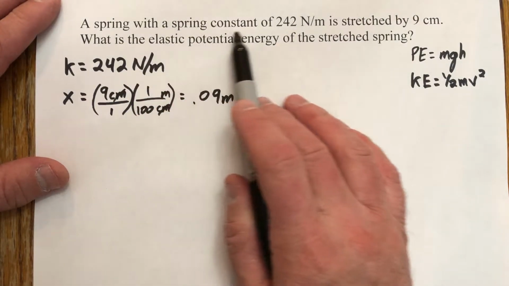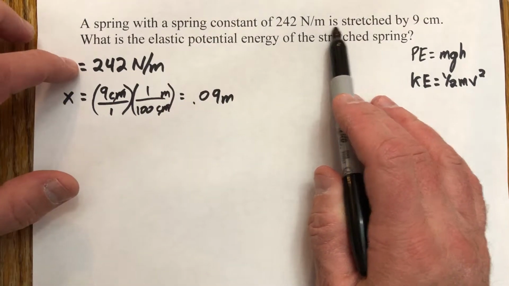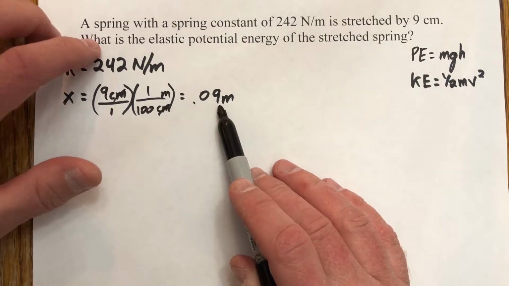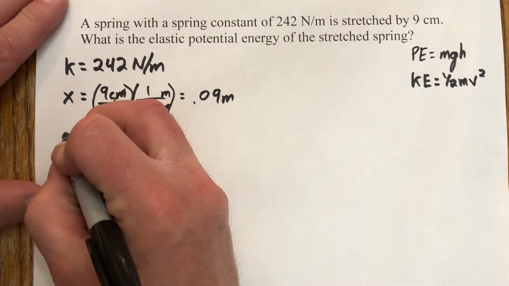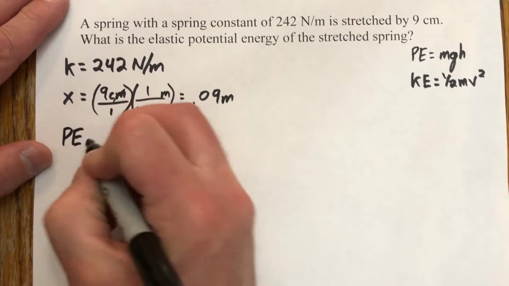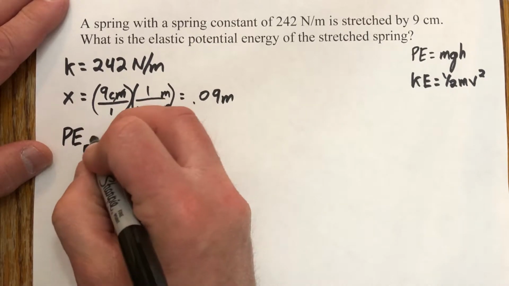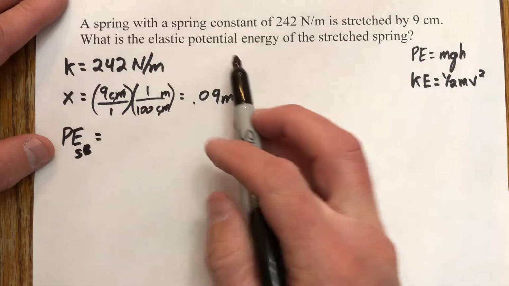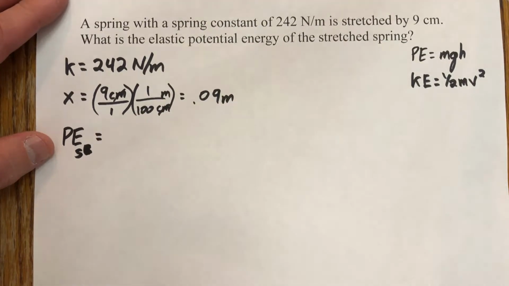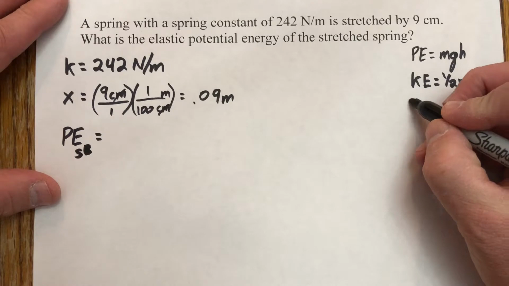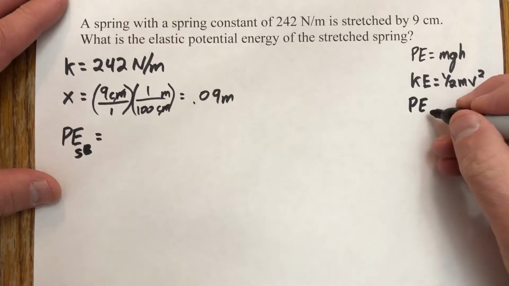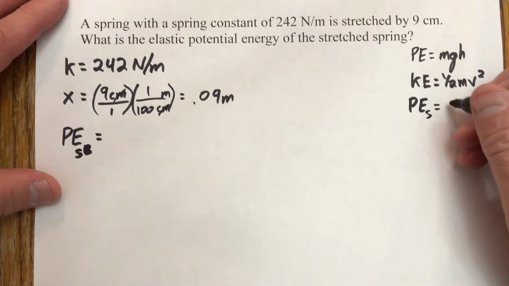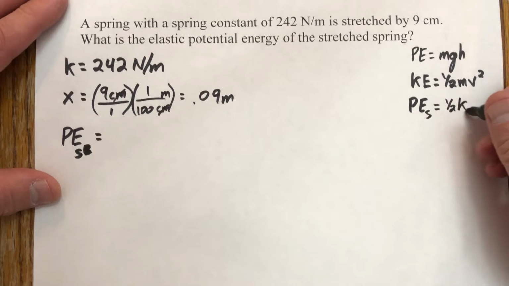A spring with a spring constant of 242 newtons per meter, got it, is stretched by 9 centimeters, got it. What is the elastic potential energy? So I want to know the potential energy elastic. Okay? A lot of times you write that as an S because it's a spring. Of the stretched spring. So my equation for potential energy of a spring, or elastic potential energy, is 1/2 kx